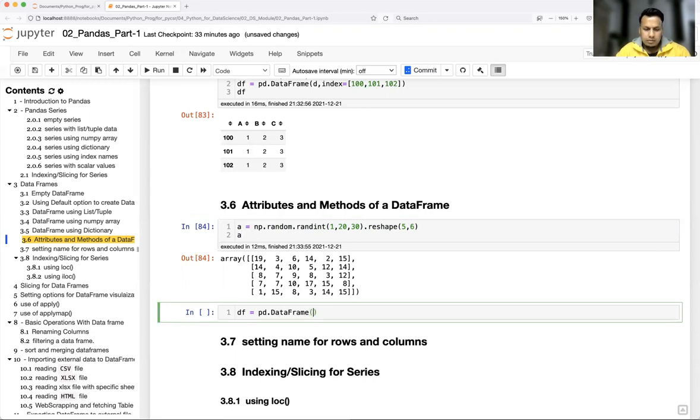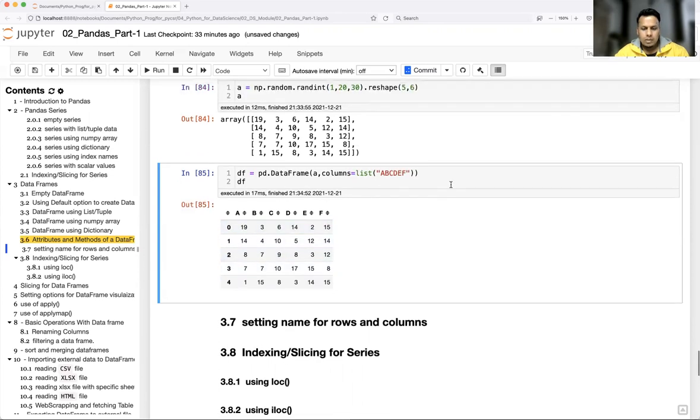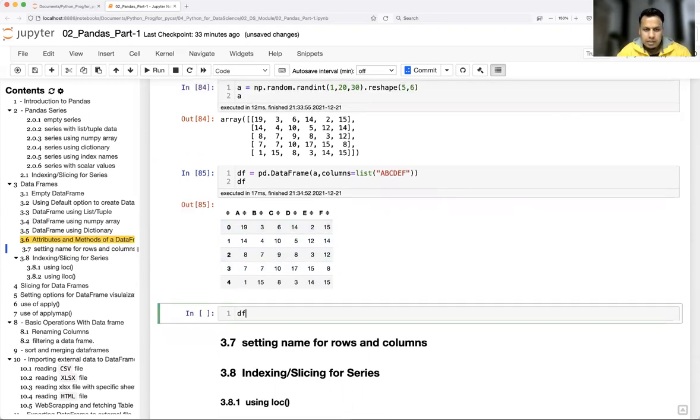So I'm just going to use a, and here I'll use columns equal to list. So this is my table, A, B, C, D, E, F, 6 columns and 5 rows. Let's see what all we can fetch from this df.